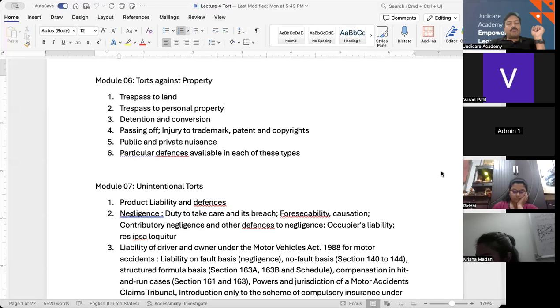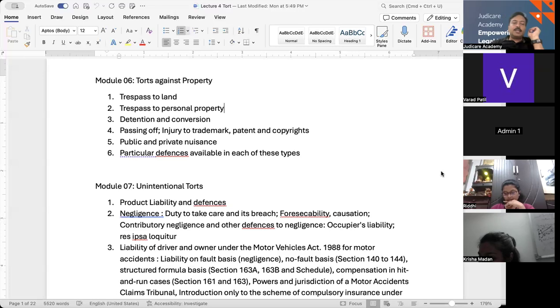Case law: Hoffman versus Greyhound Lines, Inc., 2001. Hoffman, one word, versus Greyhound, one word, Lines, Inc. The court determined the liability based on manufacturing defects when a defective bus part caused a serious accident. So this was a bus accident which happened because of a defective bus part, and it was ruled against the manufacturer of the bus, saying because of your defective bus part, there was a critical accident.